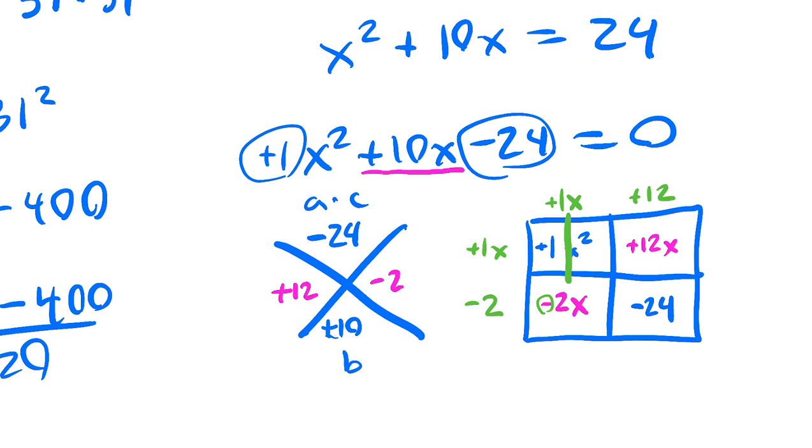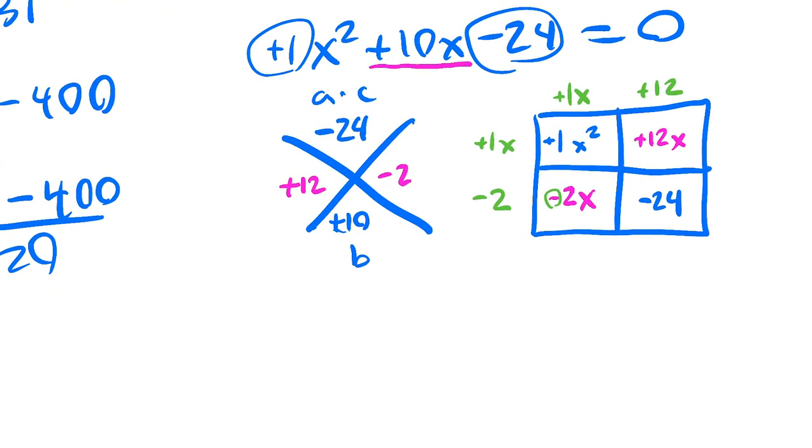Just checking, negative 2 times 1x, yup. Negative 2 times positive 12, yup. So all of these should multiply correctly. Positive 12 times this, so everything works out. So our factored version after the X-box method is x minus 2 times x plus 12